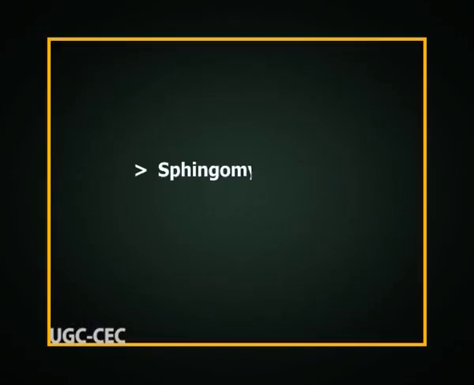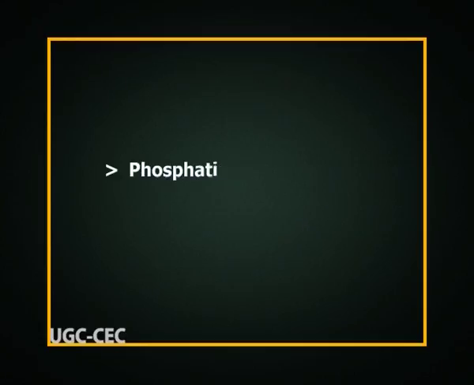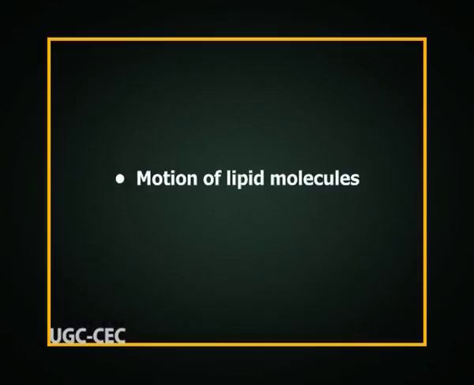For example, in human erythrocyte, the phospholipids such as sphingomyelin and phosphatidylcholine are mostly found in the extracytoplasmic leaflet, while phosphatidylserine and phosphatidylethanolamine are preferentially located on the cytoplasmic face. The maintenance of transbilayer lipid asymmetry is essential for normal membrane function. Once lipid asymmetry has been established, it is maintained by a combination of slow transbilayer diffusion, protein-lipid interaction, and protein-mediated transport.